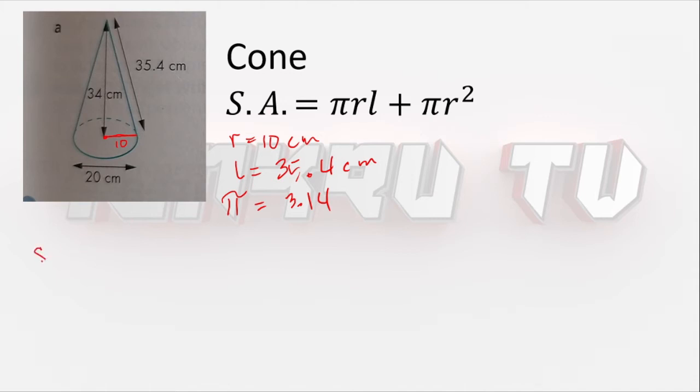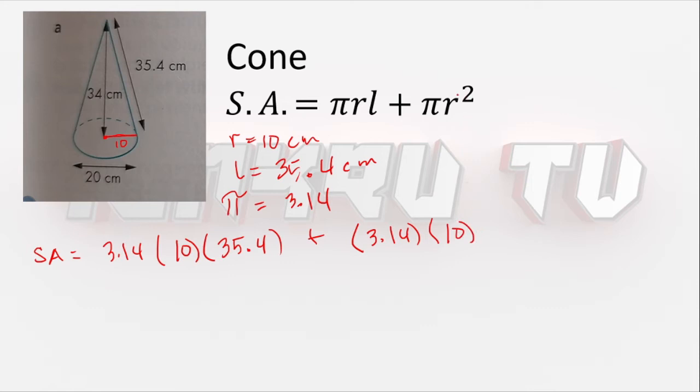So surface area, so 3.14 times 10 times 35.4, then plus 3.14 times 10. Okay, again, ang r squared, it means 10 times 10. I-multiply mo yung 10 ng dalawang beses. Okay, hindi times 2. Okay, so surface area is equal to